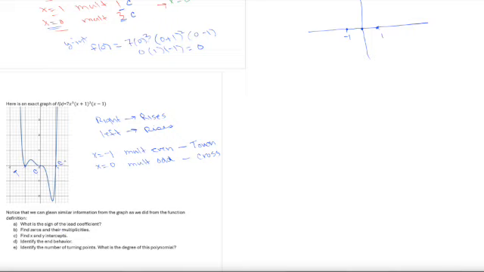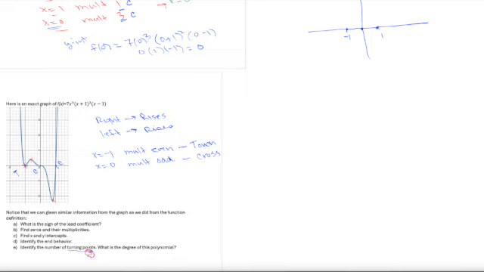And so now let's think about the number of turning points. When we consider the turning points, again, these are the max and the min. I'm going to put a little x at the turning points. So this right here would be a turning point. This would be a turning point. Notice this doesn't change direction here. It's decreasing and decreasing, so that's not a turning point. But here it goes from decreasing to increasing, so this is a turning point. So there's 1, 2, 3